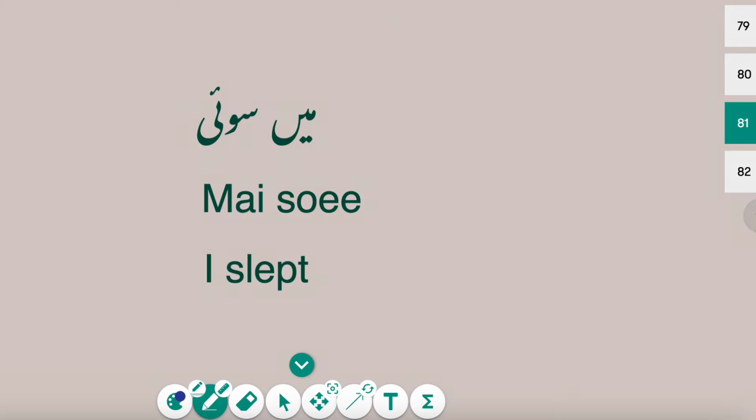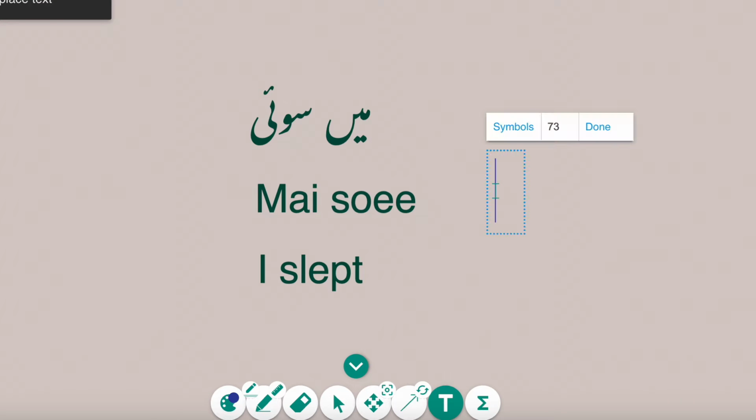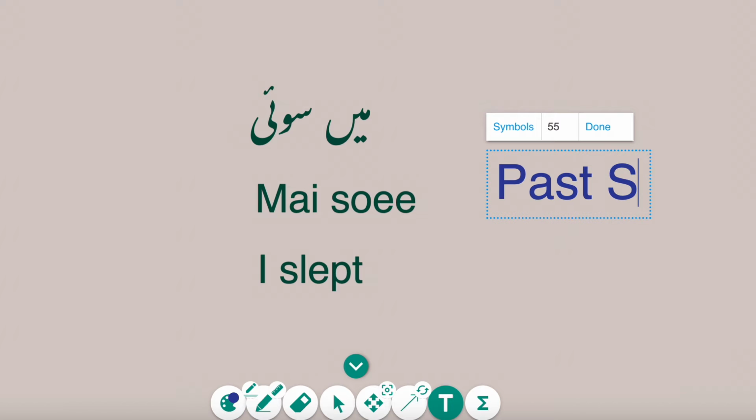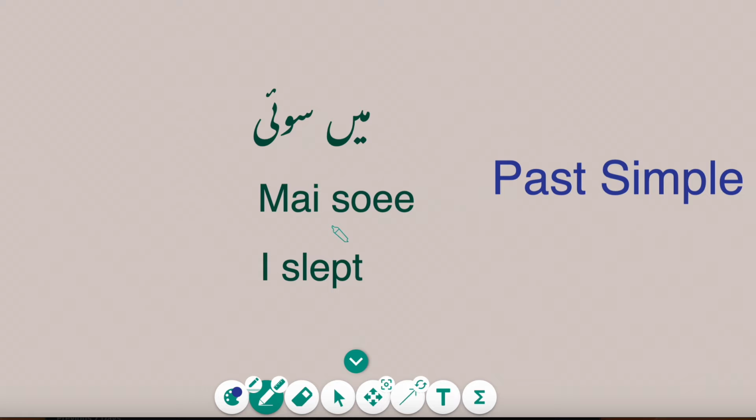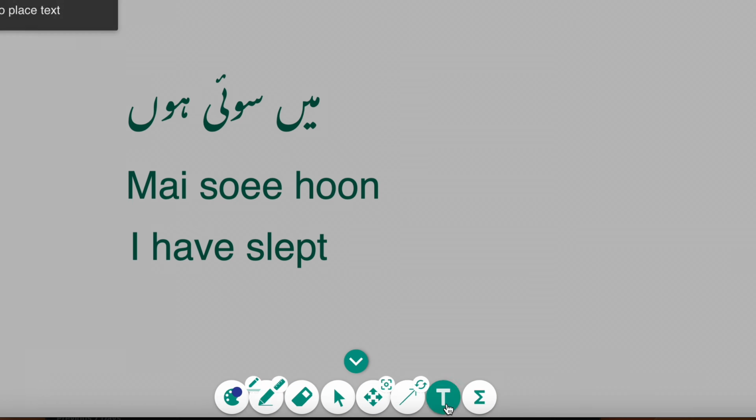So the first verb, as you can see, is sona. Sona is to sleep, and it also means gold, but that is completely irrelevant to this verb. Basically our subject is female, so the ending would just be e. सोई, मैं सोई. If you want to learn the past simple tense or any tense for that matter, you can visit this